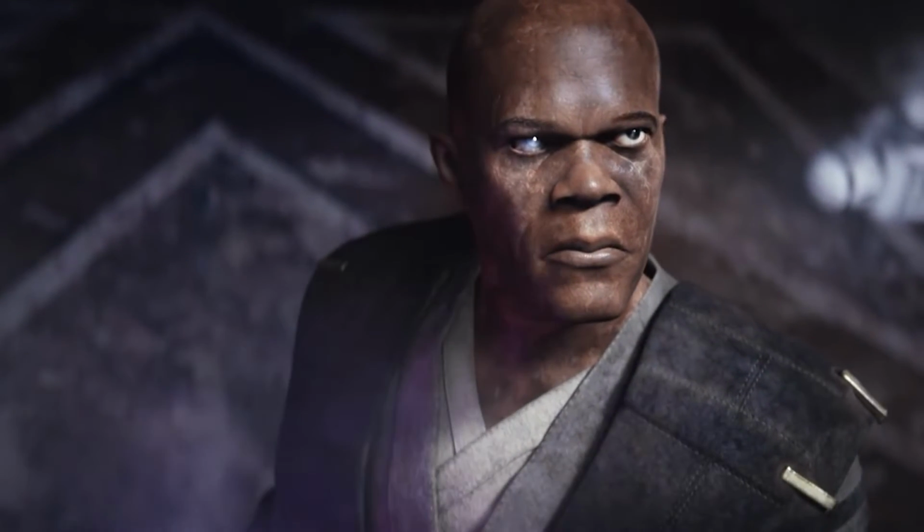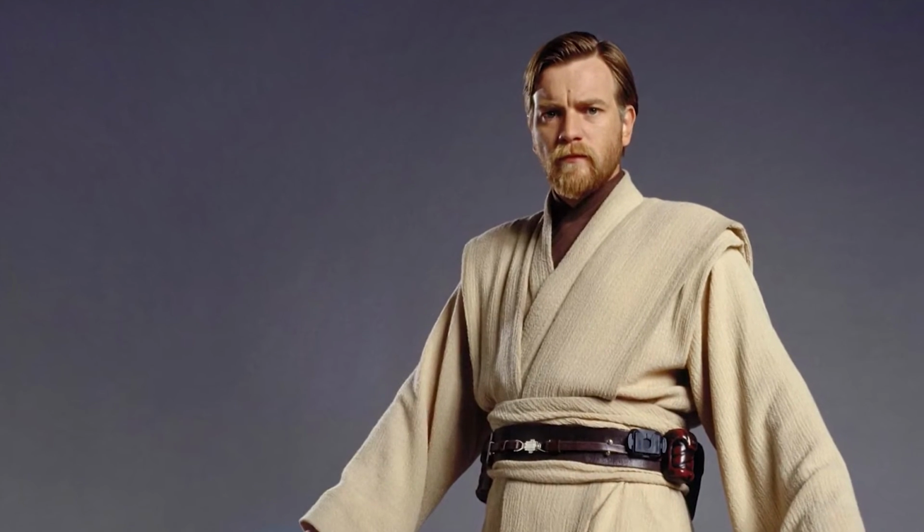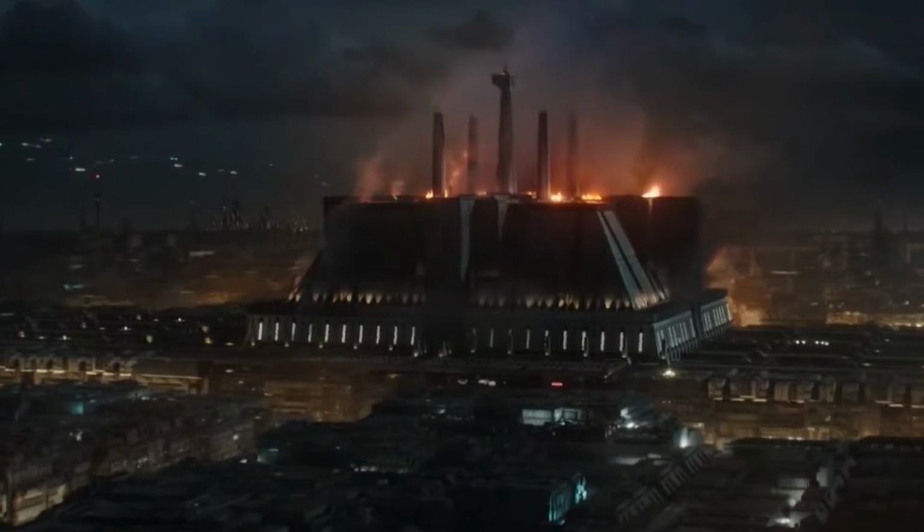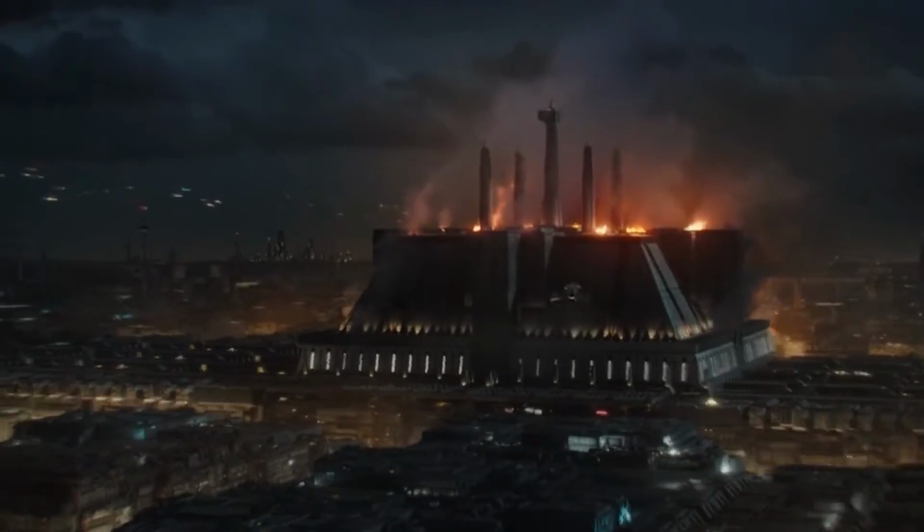Samuel L. Jackson returns as a one-armed Mace Windu? Or maybe even Obi-Wan Kenobi for some reason? It could have been anyone, but we are 1,000,000% sure that no one expected this. This is arguably one of the most heartwarming Easter eggs in The Mandalorian, as this is the delightful appearance of